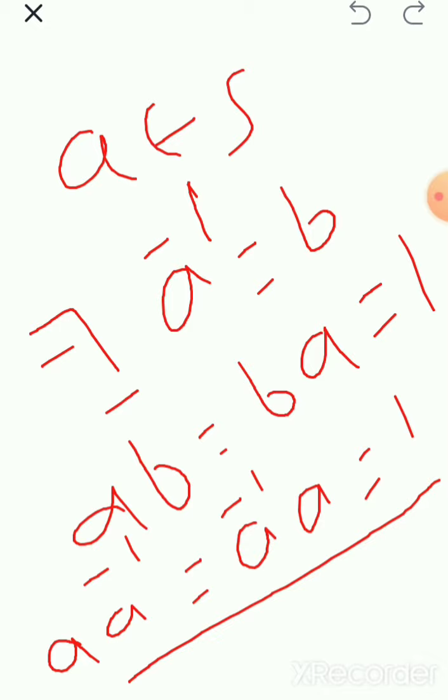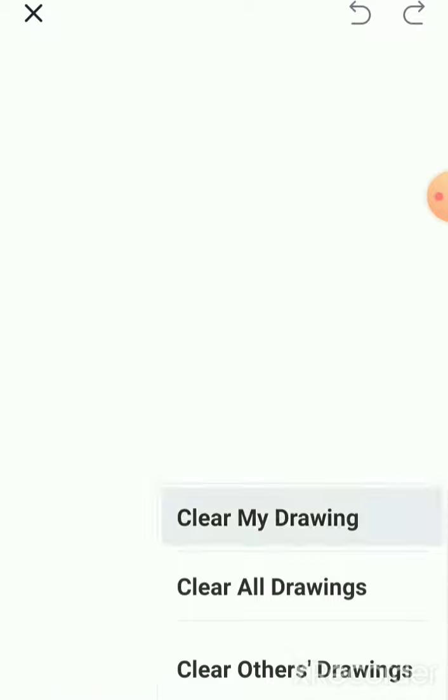Now the property number 10 is the inverse. Means from this we can say that every element in S has an inverse, multiplicative inverse in S. For all elements, such element exists in this way. Then we can say that inverse for every element in S is there again in S. Now these 10 properties are over.